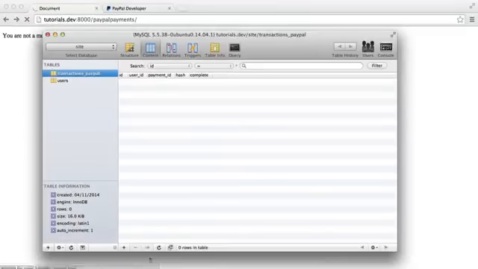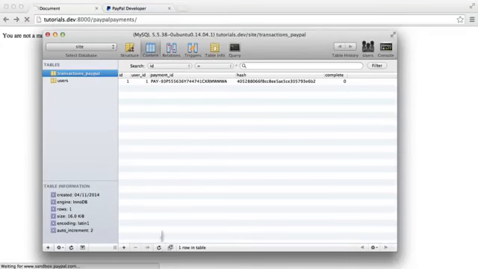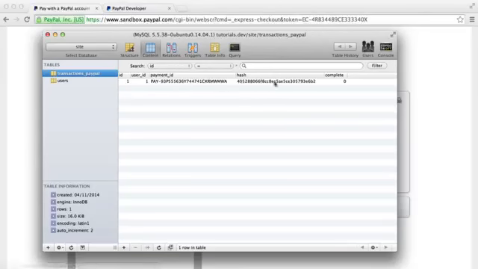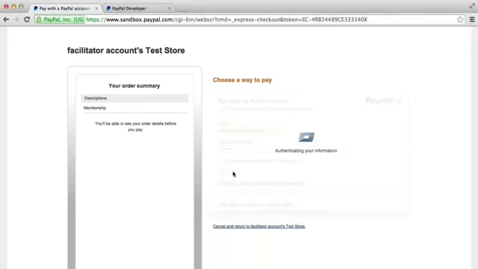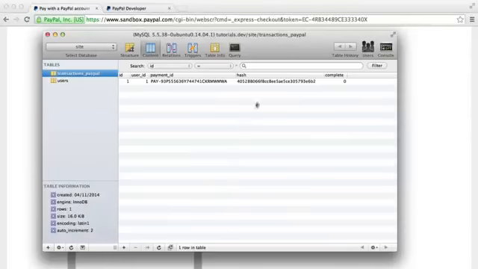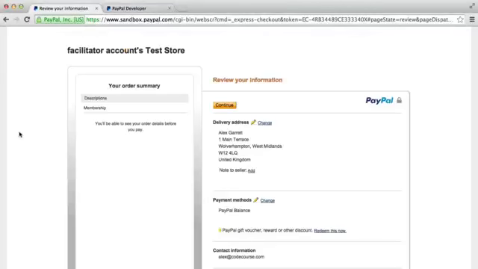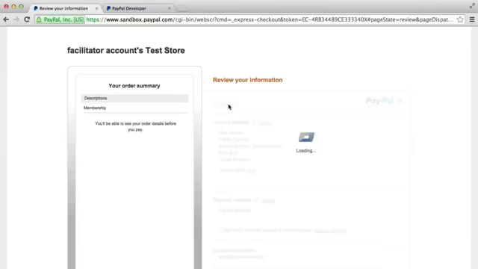If we head over to the database while that's loading, that should automatically have been created. So we've now got the payment ID here, we've got the hash, and we've got complete set to 0. So now the idea is when we return, we can enter our details here, hit login. When we return back to the site, we've got that hash available here, so we can look that up in the database, grab the payment ID, and then actually process a payment based on this payment ID. So if I hit continue, remember we're going to be sent back to pay.php,